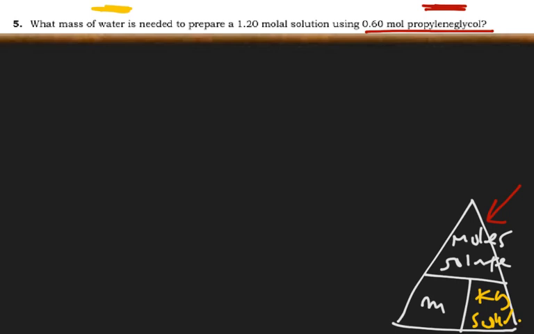Now, we are looking for mass of water. We have to find it. It just so happens they also gave us little m over here. So in order to find the kilograms or mass of our solvent, we will do a division with the moles over the little m. Okay, so let's do that. We have 0.60 moles of our solute, propylene glycol, and we're going to divide that by 1.20